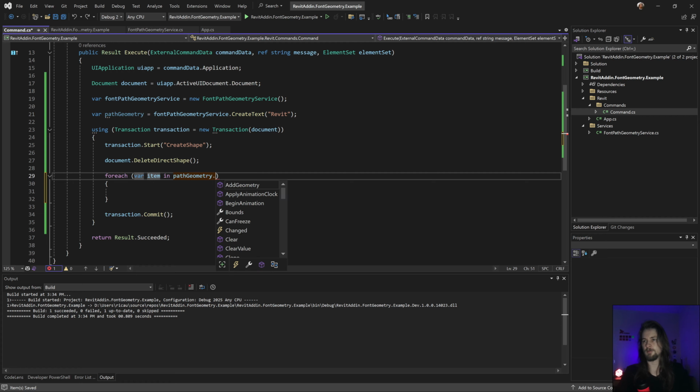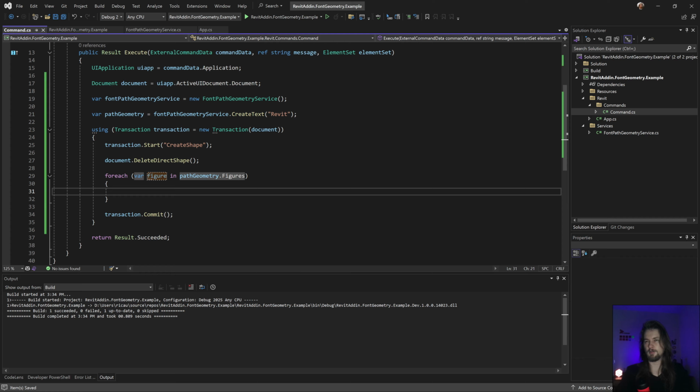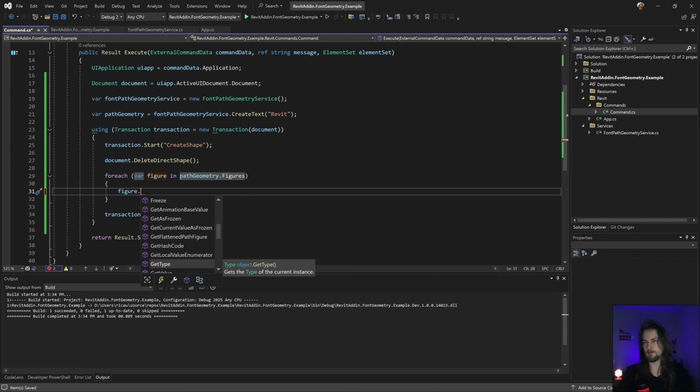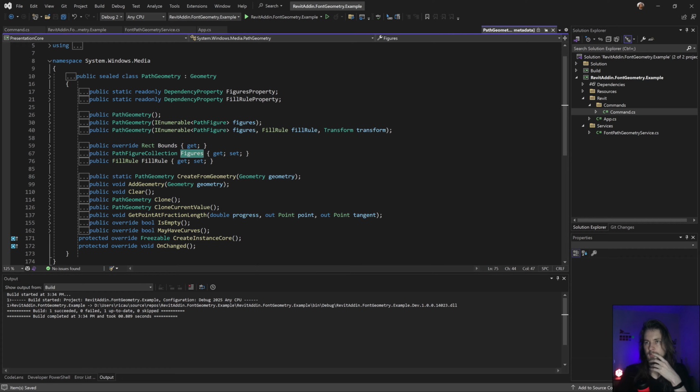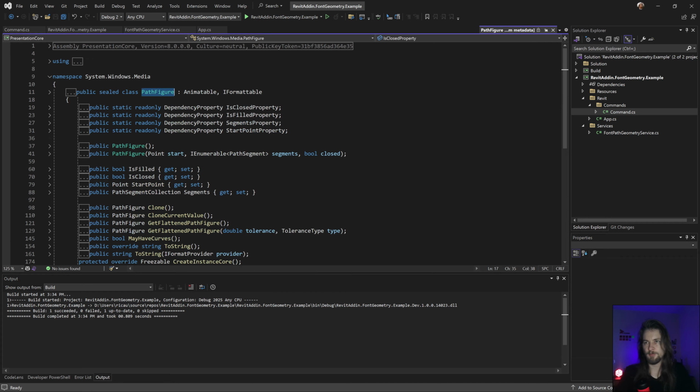And if I do something like this, for each, this dot figures, yes, figure, yep. And what I need here is this. Okay, I have a lot of stuff in here. Let's enter in this one. Inside the path figure, I have, what is this?